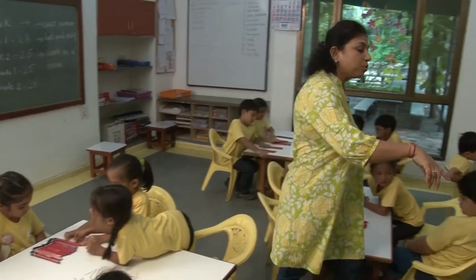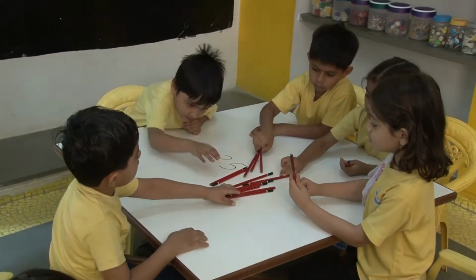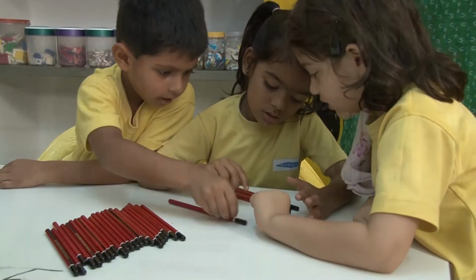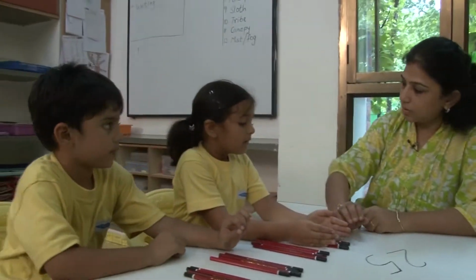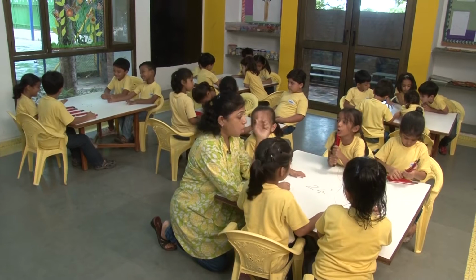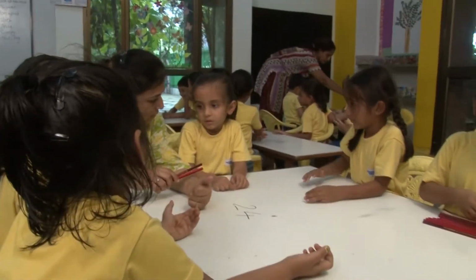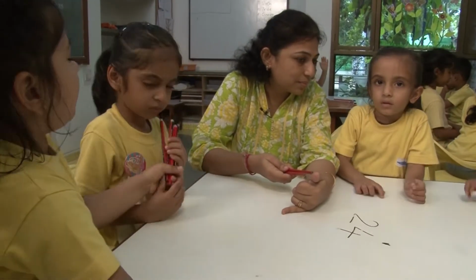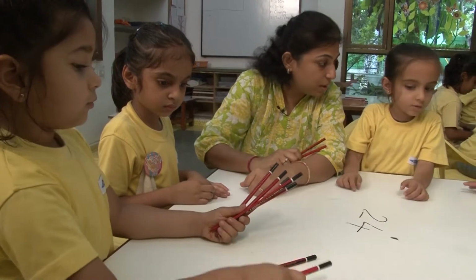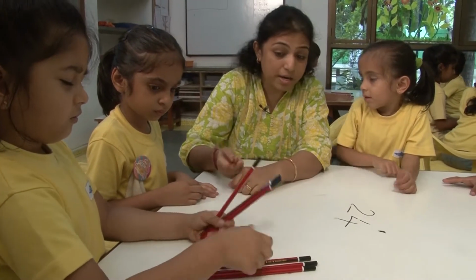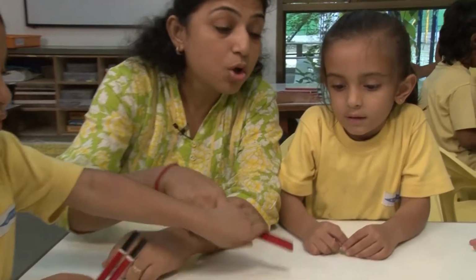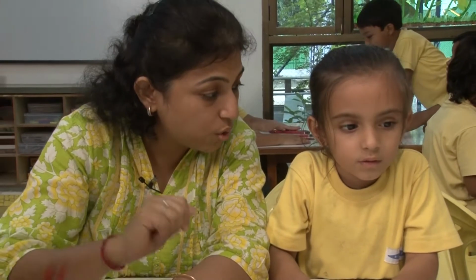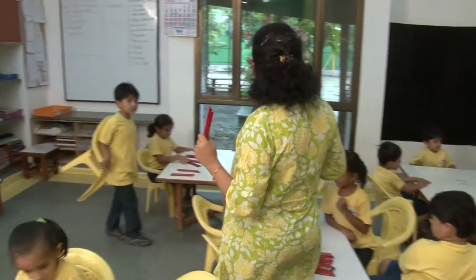I was moving around and observing and assessing them on the established criteria to say whether they are working as a team and what is the strategy that they are using to give an easy and fast count. Are they even focused as to what they are supposed to do? So that was my ongoing assessment. Did you work as a team? Is it going to help you to come up with the exact number? Right now you don't know whether you have 24 pencils, you have less pencils, you have more pencils, you don't know that. Then I am calling Ritu ma'am now.